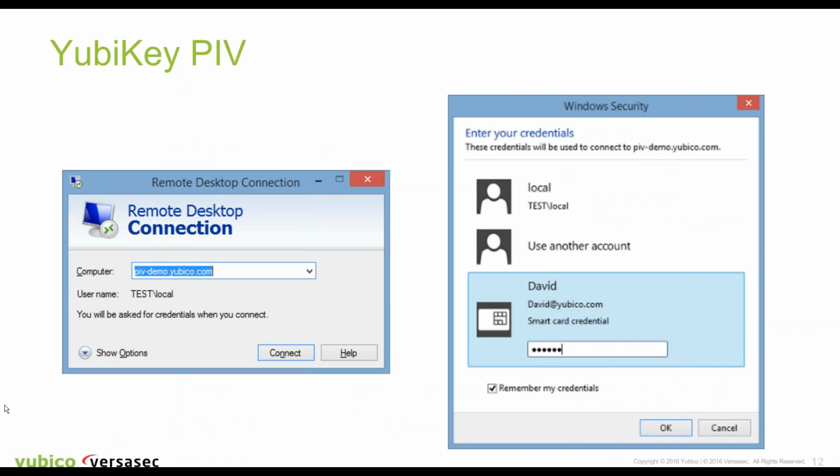All right. So finally, we have come to the PIV part of the conversation. PIV stands for Personal Identity Verification. It was actually developed as an open standard by a company called the National Institute of Standards and Technology. You may know them better as NIST. So the YubiKeys, in addition to being able to be used as all the various things that I mentioned on the last slide, OTP device, U2F device, can also be used at the same time as a NIST PIV standard